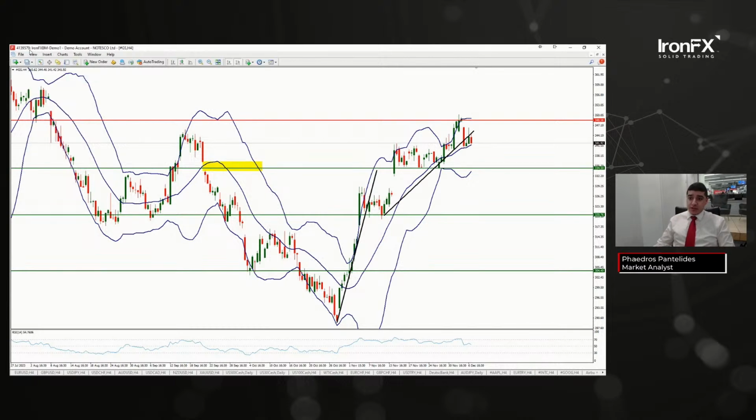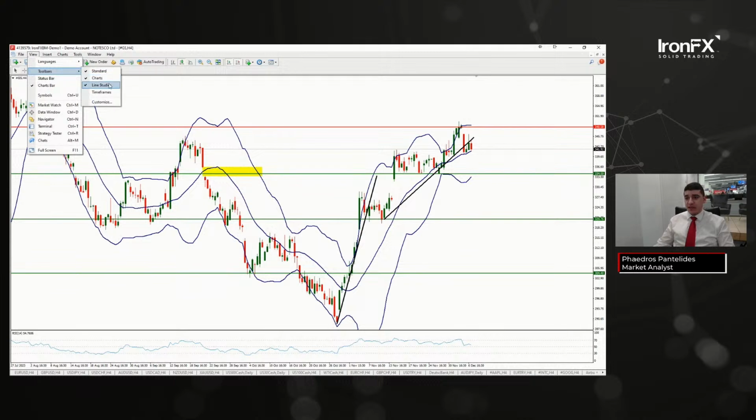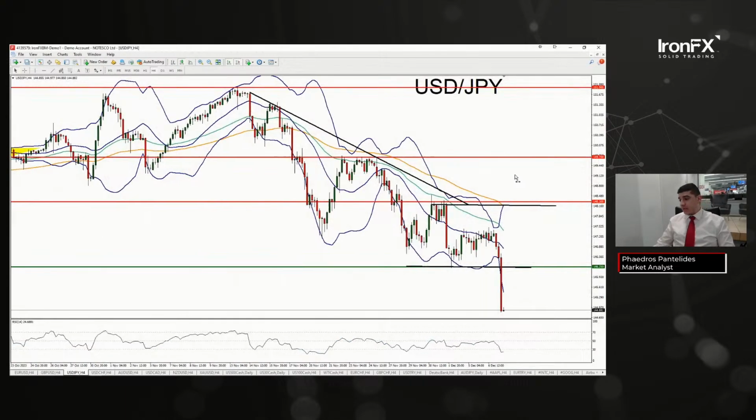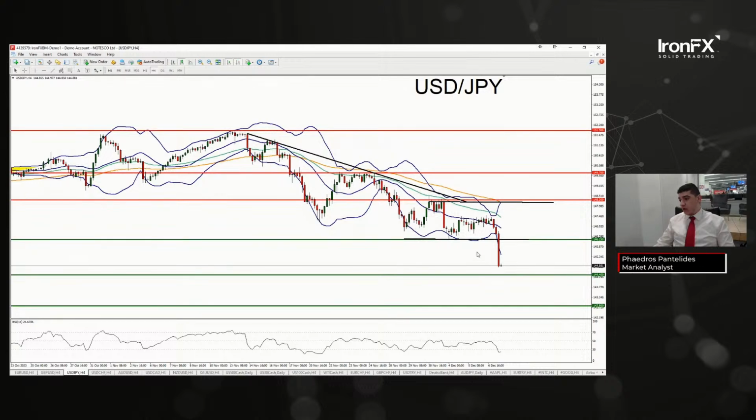Today, we're probably going to be starting with the biggest mover of the day as of now, probably the dollar against the Japanese yen. Let's just open the chart. There we go. Dollar against the Japanese yen, as you can see, it broke below our sideways moving channel. As a matter of fact, a clear-cut break,